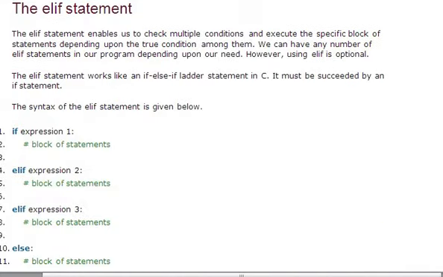Look at the syntax. If expression 1 colon, elif expression 2 colon. This is important: elif, not else if. We can have any number of elif statements in any program. Look at line number 1, line number 4, line number 7 and line number 10.